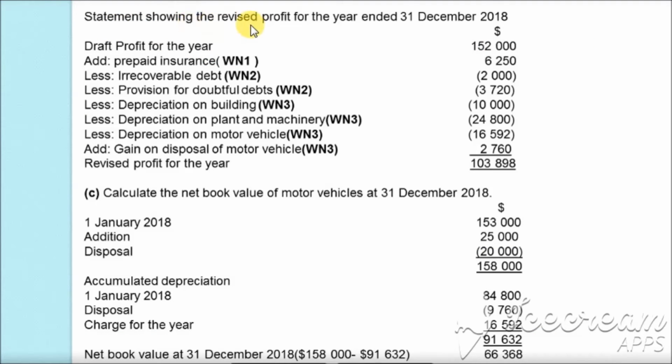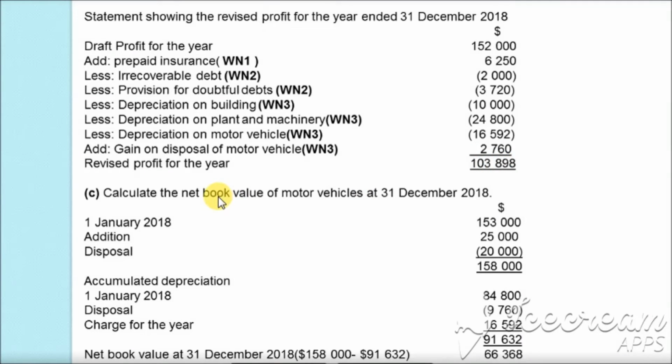Now let's make the statement showing the revised profit for the year ending 31st December 2018. We'll start from the draft profit for the year as $152,000. To this we are going to add the prepaid insurance which was done in the first working notes. We are going to subtract the irrecoverable debts, provision for doubtful debts which was calculated in the second working notes. We are going to subtract the depreciation on building, depreciation on plant and machinery, depreciation on motor vehicles. All this were calculated in the third working notes. We are going to add the gain on the disposal of motor vehicles which was again calculated in the third working notes. We get the revised profit for the year as